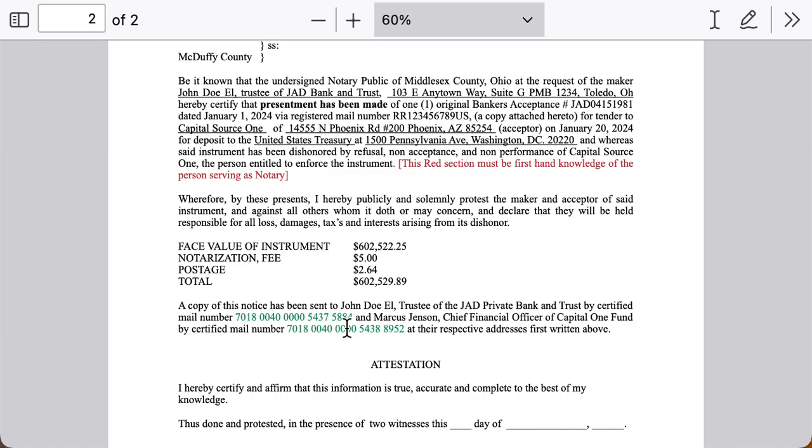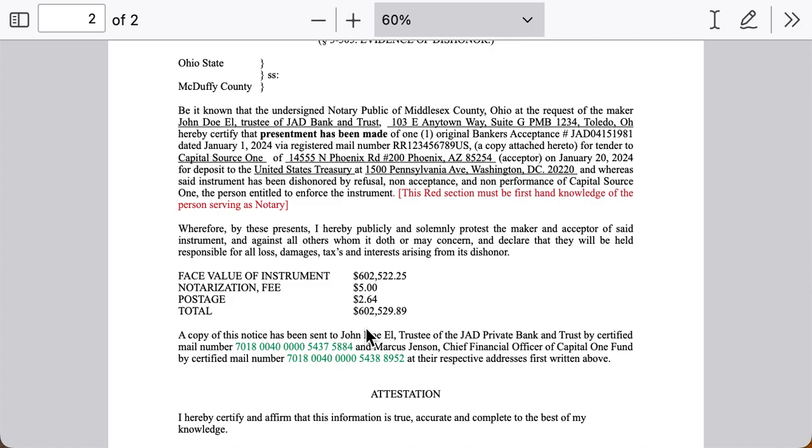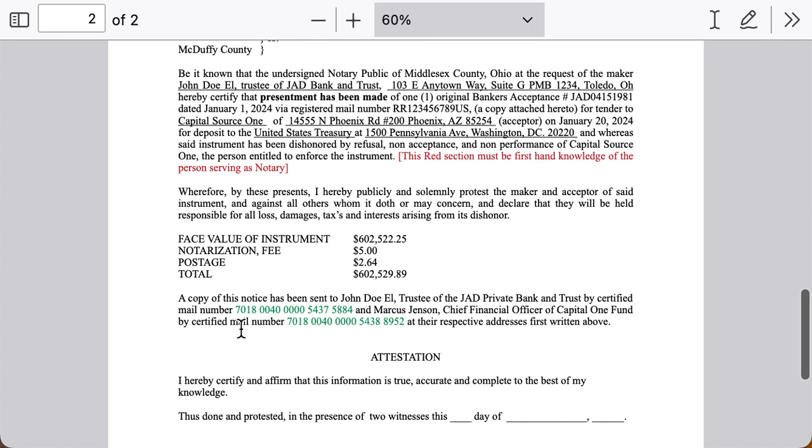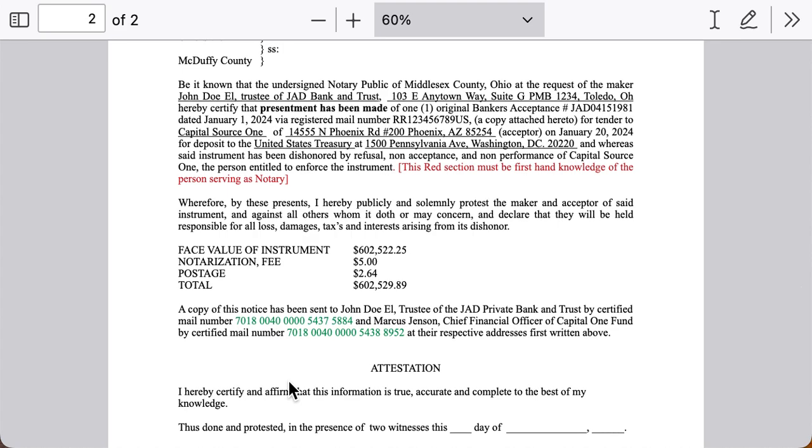When you look at these old notary protests, you can go online and look them up and get some templates to see what the verbiage looks like. You'll never see a copy has been sent to this party by certified mail, because most of these examples are from the late 1800s, early 1900s, and I don't believe they were using certified or trackable mail at the time. So maybe this just represents a little bit of an advance in technology. All right, so now that we just kind of looked at some basic elements that need to be in there, we're going to read this thing from top to bottom.